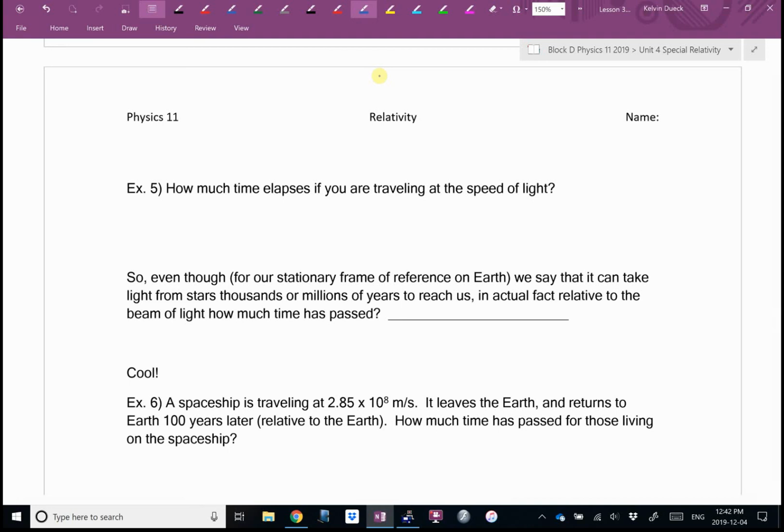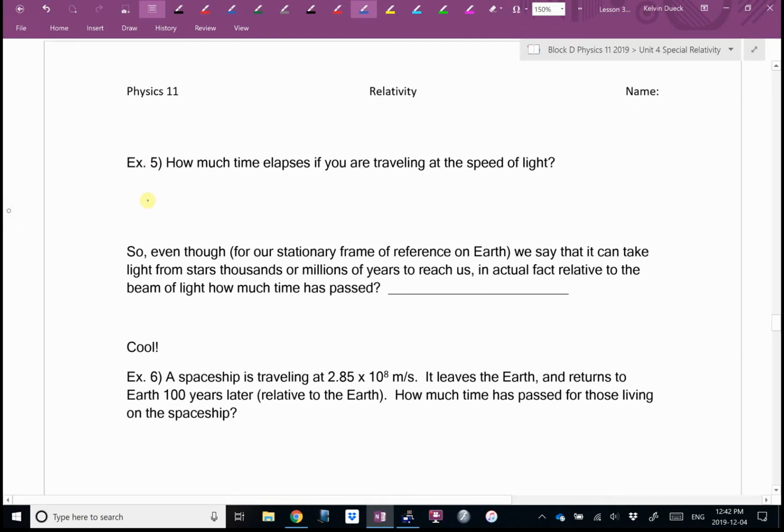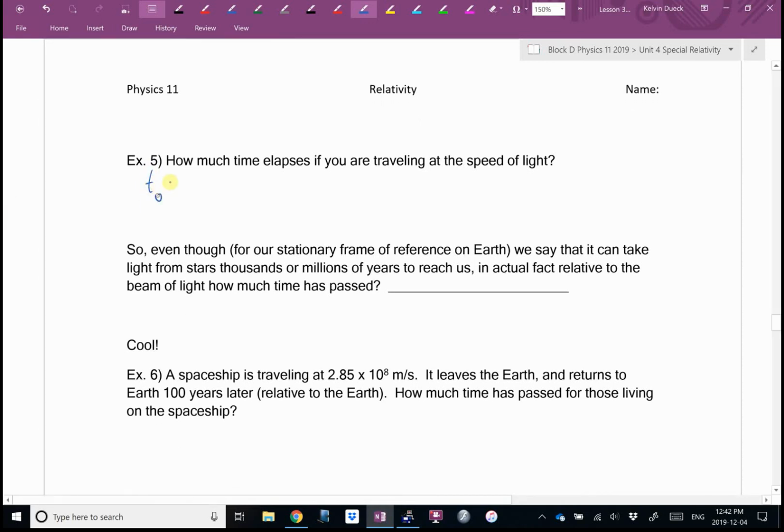On board the spaceship, because the Earth is not traveling at the speed of light. So this is wanting us to find time on board. Did they tell us how much time has elapsed back home in example 5? No. You know what? Let's pretend